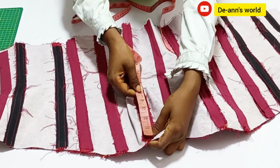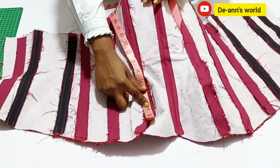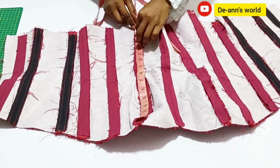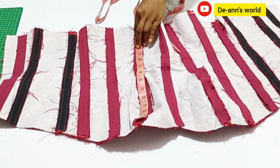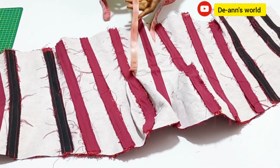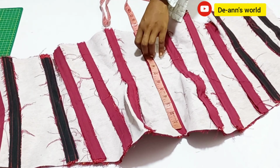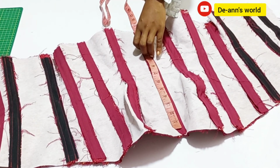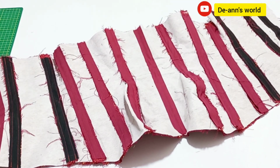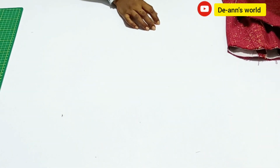Okay, now the main cup area. So I'm leaving half an inch at the top, and I'm going to measure this out like I'm doing. I'm going to mark 15 inches. So times 2, 15 for this one and for this one. Now for the center one, I'm going to cut 13.25. Now I'm only cutting one for this because it's only the center. Okay, so guys, that is it. So we are going to set this aside and then cut our bone and prepare